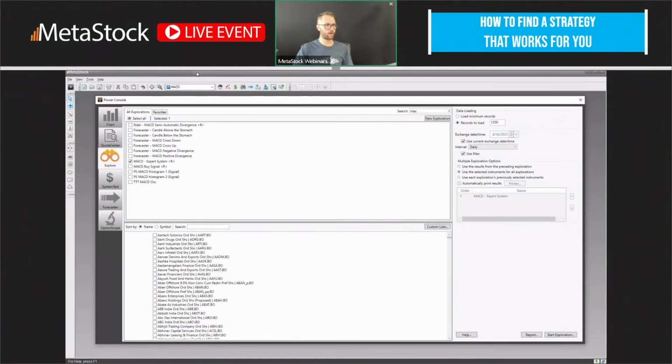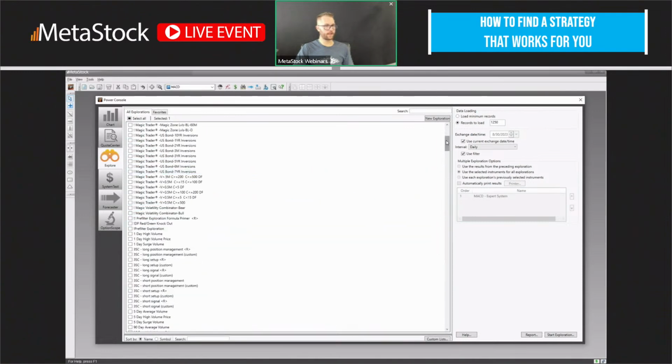And we'll go back to the Power Console. Here's the Explore function right here. It's already selected, I think, because we clicked on the shortcut earlier. Up here are all the systems that we have available. Of course, there's add-ons in here, like I mentioned, so there's going to be more, but I think there's over 120 systems criteria already available that you can start scanning for right away,